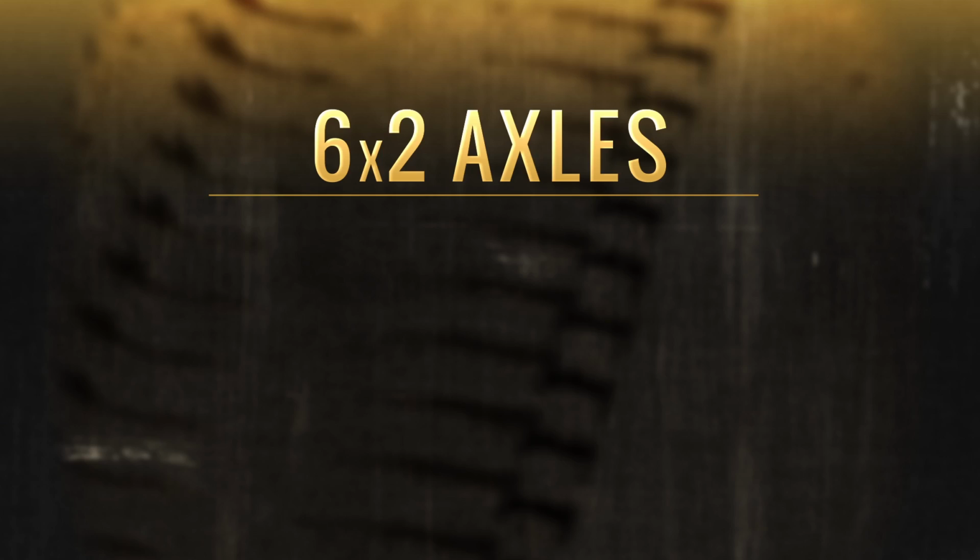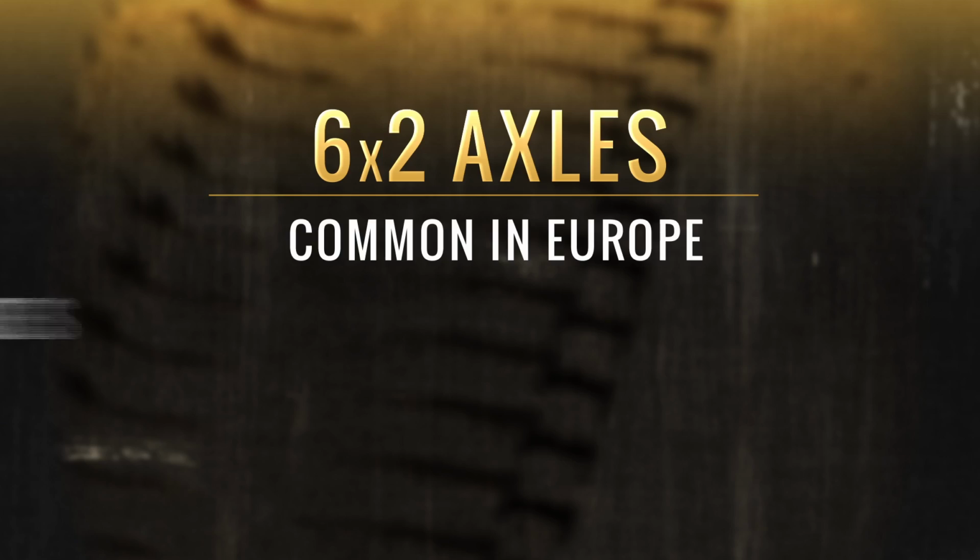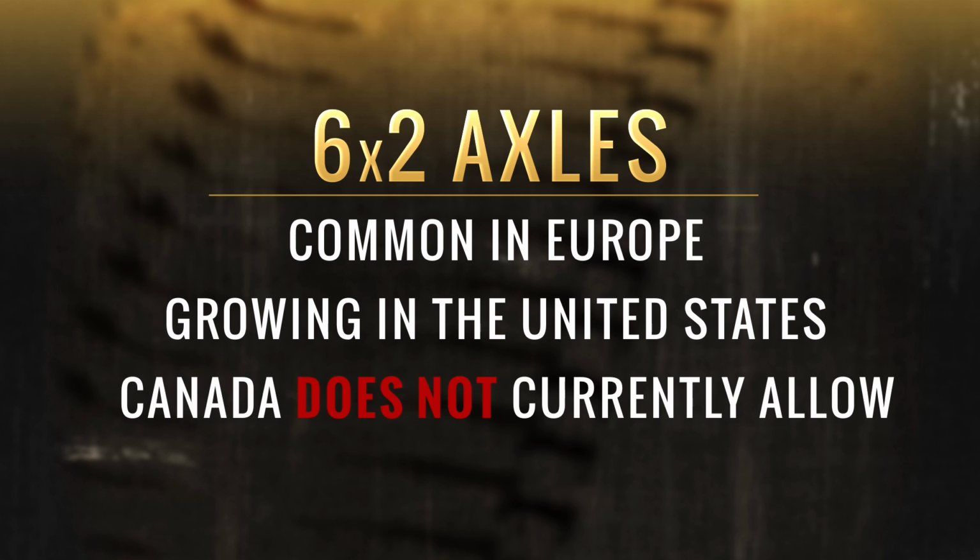Today we're going to talk about the real benefits and concerns related to 6x2 axles. While 6x2s are common in Europe and growing in the United States, Canada doesn't currently allow 6x2s with electronically controlled air suspension technology. With us today, we have industry leaders to talk about this technology and its application throughout North